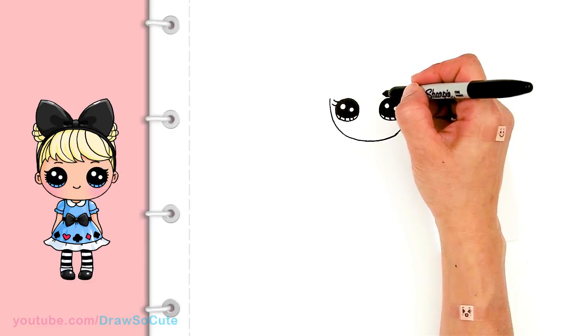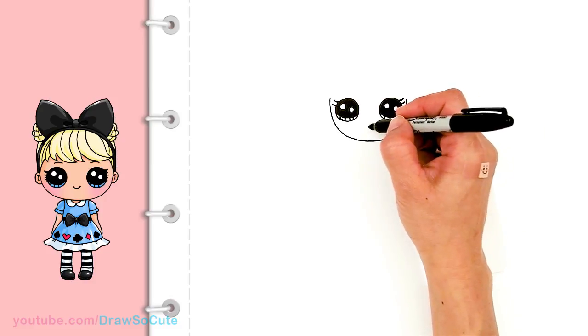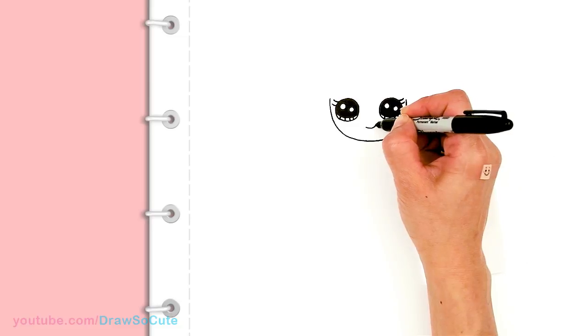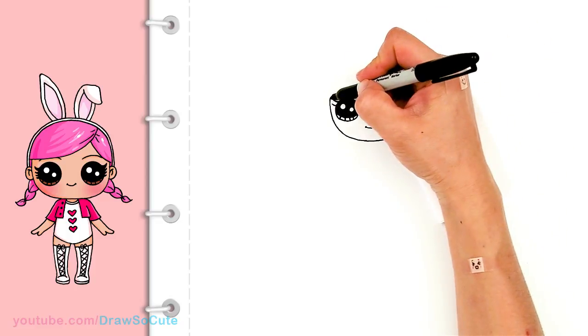And so then from there, I'm going to come up right here and well, let's draw the mouth first. I'm going to come in the center right here and draw her mouth first. So just a nice sweet curve, sweet little smile. Okay, so from there, let's finish off the rest of her face. So I'm going to bring this up